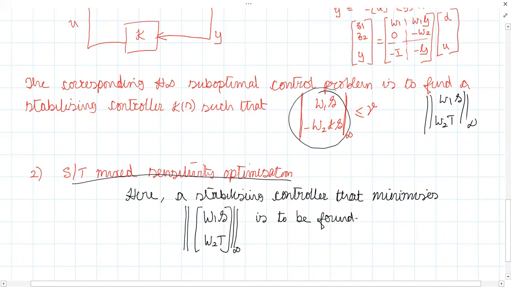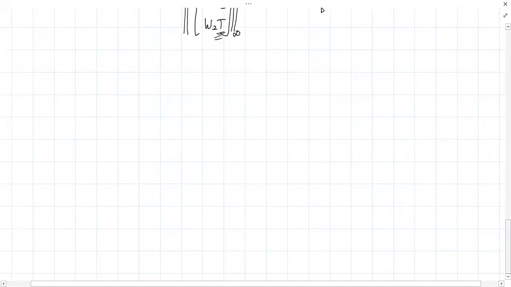Okay. When are we interested in the complement sensitivity function? When we are to solve some tracking problem. Because in tracking problem, you are always trying to track a time-varying output, where this T will be of interest to us. So whenever you want to minimize infinite norm of sensitivity as well as complement sensitivity, you will get what is called S by T optimization problem. Okay, so let us draw a figure for that and see how it's coming.